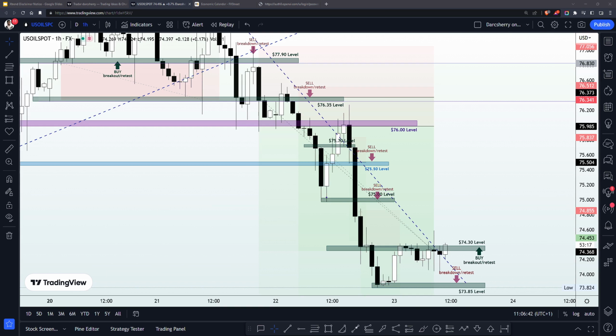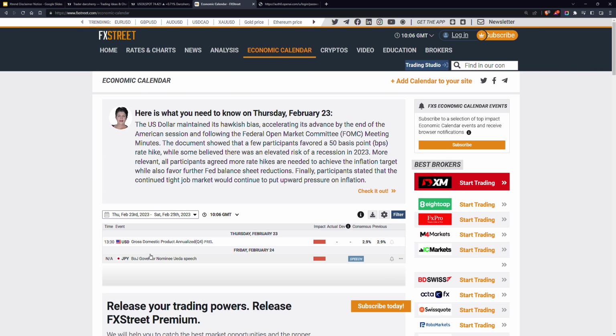The first thing we are going to be looking at is the economic calendar, as we have a macroeconomic event to look forward to today, and that is the gross domestic product annualized for quarter four. This is coming up in, I think, 2 hours, 30 minutes from now. The previous data was 2.9%, with a consensus coming in at 2.9% as well, so there is no difference there at all. We are going to be looking forward to see what the data is going to be. Is it going to be beyond expectation, below our expectation, or is it going to be as expected?